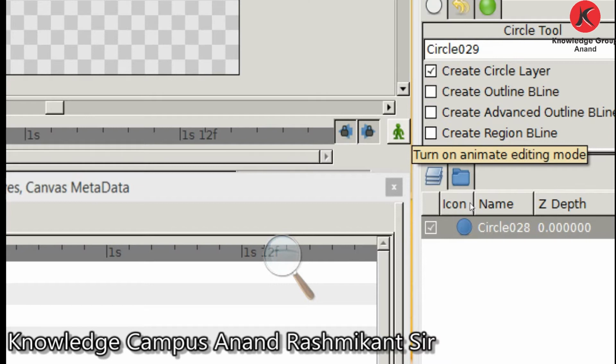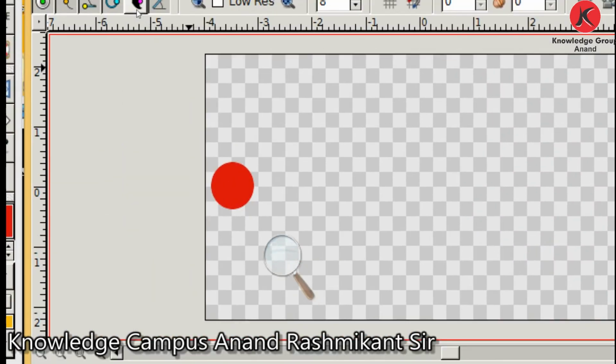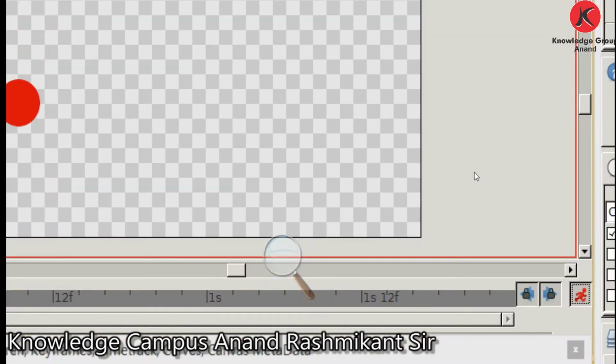When you click on animate editing mode, if it is on, then you can see a border around our canvas window. It will be visible if you have a non-zero end time.